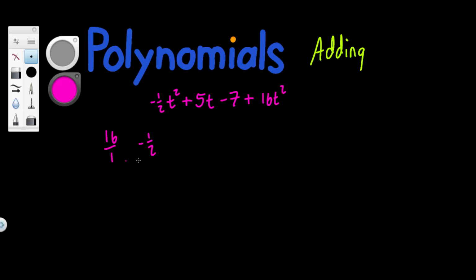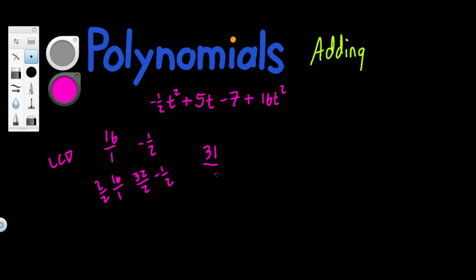So to get these to the same lowest common denominator, we're going to multiply this by 2 over 2, and we end up with 32 divided by 2. And now we're going to take away a single half. So now we have